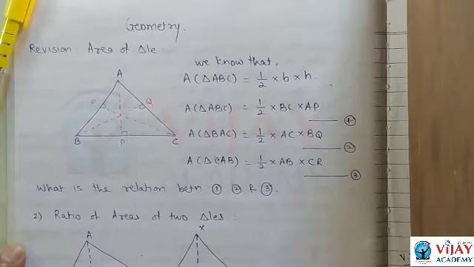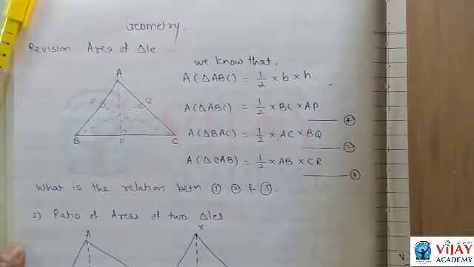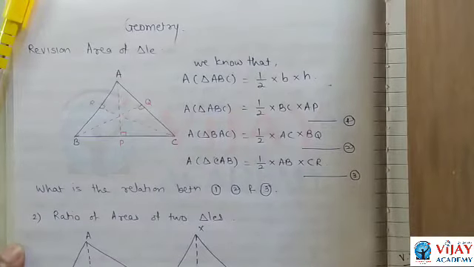This topic is related to the triangle, and you know the properties of triangles, and we learn additional properties. First property is related to the area of a triangle. Second one is the basic proportionality theorem. Third one is similar triangles, and fourth one is areas of two similar triangles. So this chapter is totally concentrated on the area of a triangle.